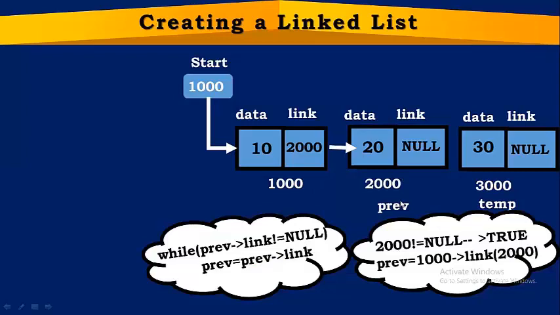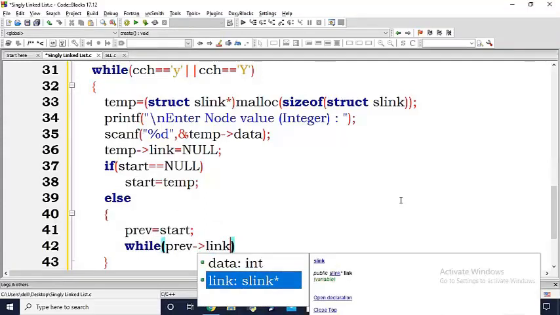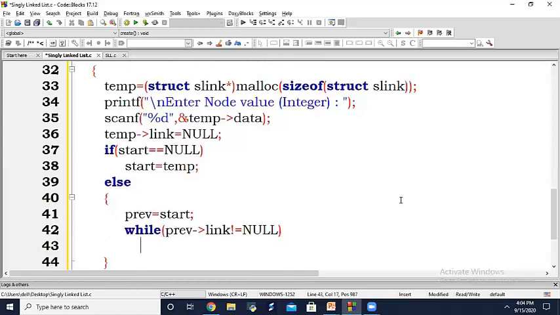So let's write this code. What is the condition which you have to check? While prev of link not equal to null. If it is not equal to null, it means that that node is not the last node. If that is not the last node, you have to move to the next node.